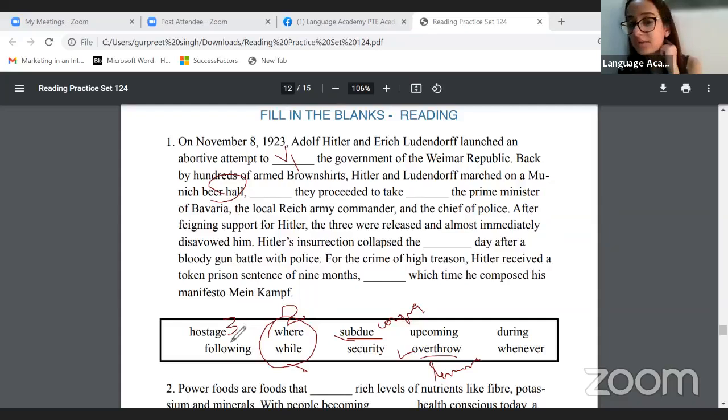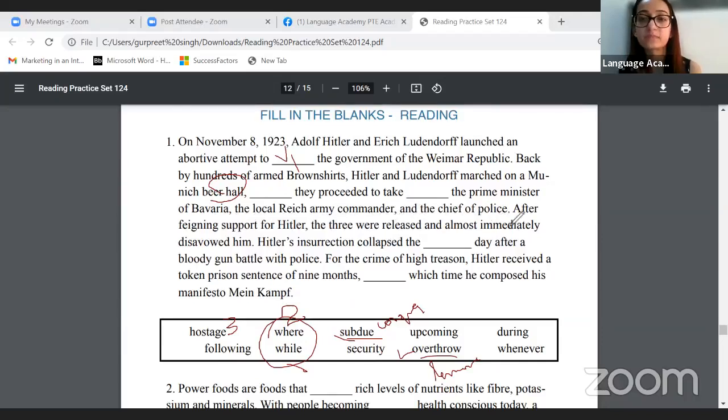If we put any other word, it doesn't make sense. We cannot say to take security the prime minister. They were there to throw off the government. They won't secure the prime minister there. Rather, they were there to make the prime minister their hostage. Means to hostage, you understand? Like in movies, we say hostages, to bring that person into your custody, kidnap kind of. Yes, Harpal, thank you. To take hostage the prime minister of the place, the local army commander, and the chief